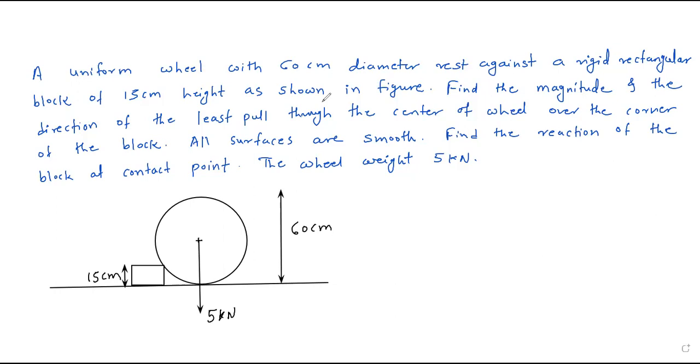Second thing is, see, they have told us in the problem that this wheel has to move on, just move on this block. Okay, when this wheel is in motion and tries to pass this block, then at the point where this wheel contacts the surface, there will not be any contact of this wheel with the surface once the wheel starts to move above the block.